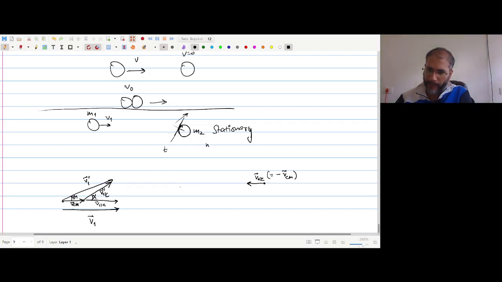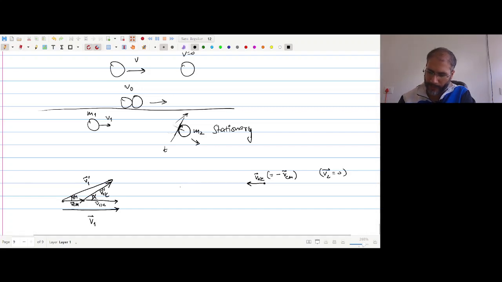Then we have v2 is 0. Now we expect this mass to get deflected and go like this. So that is going to be the direction of v2 prime. So we expect the v2 prime to be something like this, and from that reasoning,